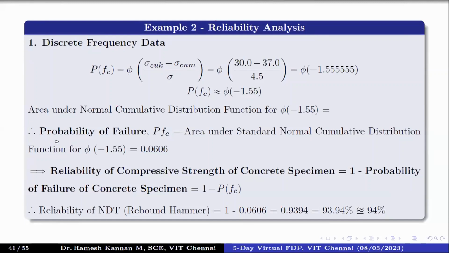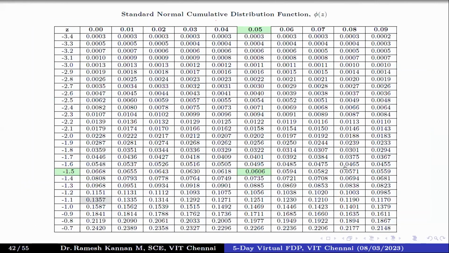So I'll explain that. Probability of failure equals the normal distribution function of minus 1.55. You can take a look at this normal distribution table, the Z table. Probably you can see that in statistical textbooks. Our value is minus 1.55. So I'll take minus 1.5 and go to 0, 0.01, 2, 3, 4, and 5. When you add, you'll get minus 1.55.